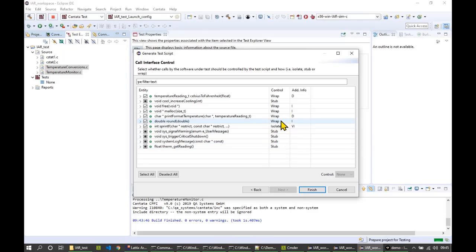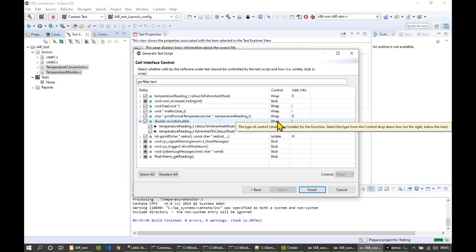The calls which have wrap next to them, this is useful functionality from Cantata that allows you to jump into the execution flow at the point that your calls are being made. So these wrapped functions are actually in the software under test. We've got our switch between Celsius and Fahrenheit, and what Cantata enables us to do is a kind of advanced find and replace on calls to those functions, so that we can jump in, manipulate and monitor the data that's being passed around in those calls, and also check on the values that are being passed back. So I hit finish there,